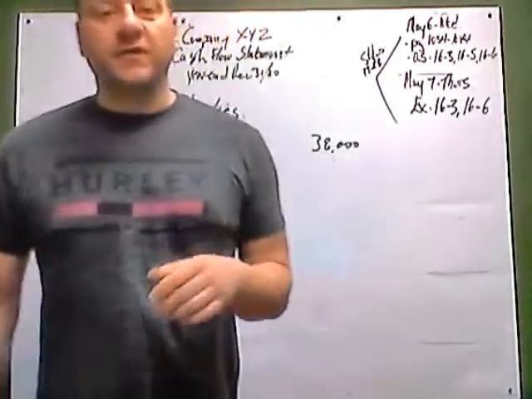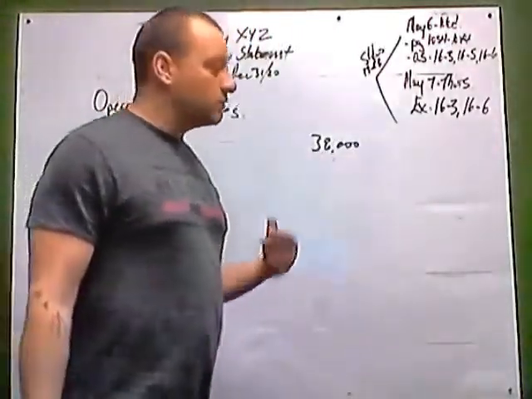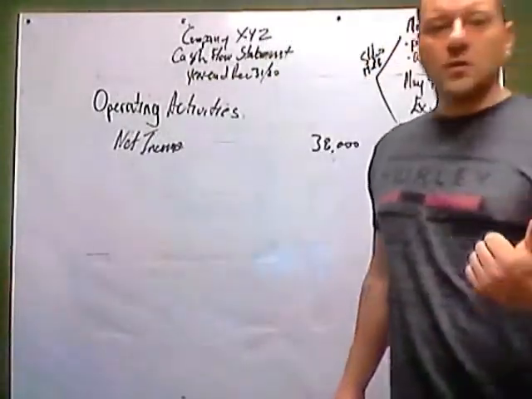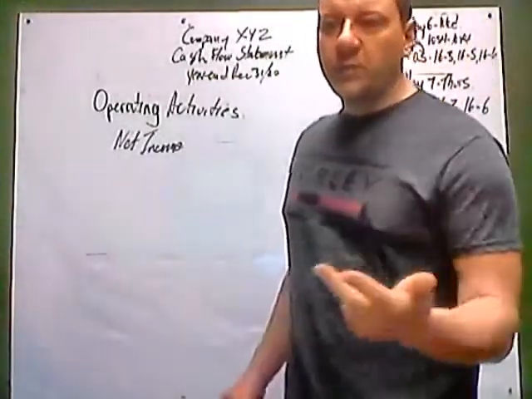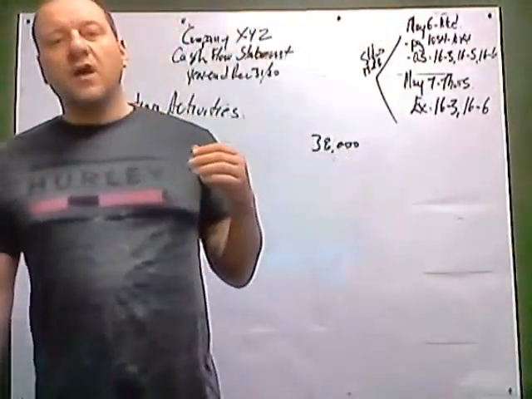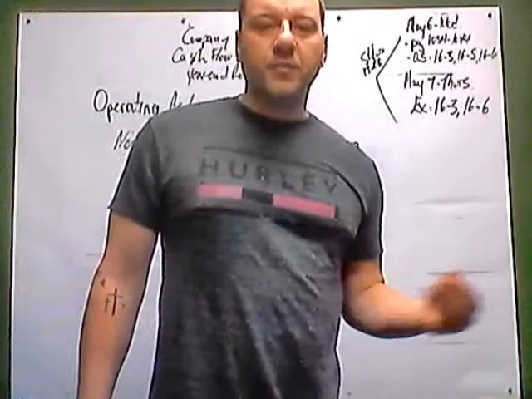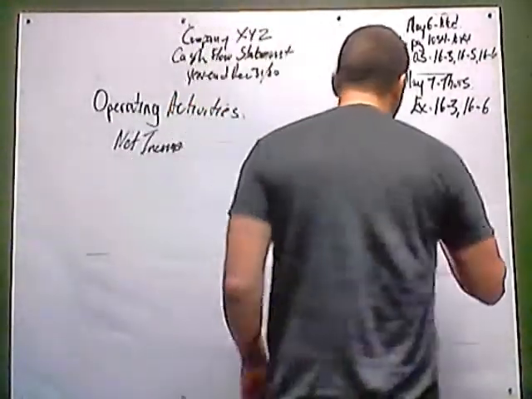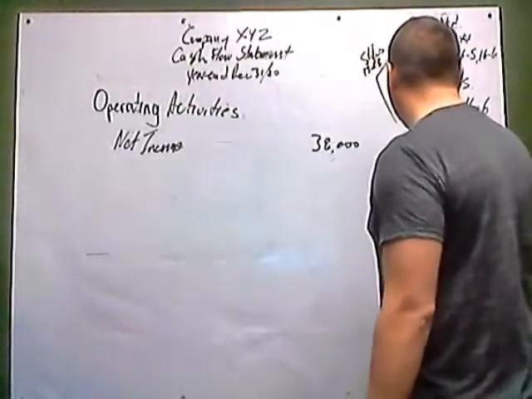Non-cash current assets. What is that? Let's think of our balance sheet. We've got to go to the balance sheet: AR, inventory, prepaid expenses. Anything that is a current asset but not cash. So what we're going to do for operating activities